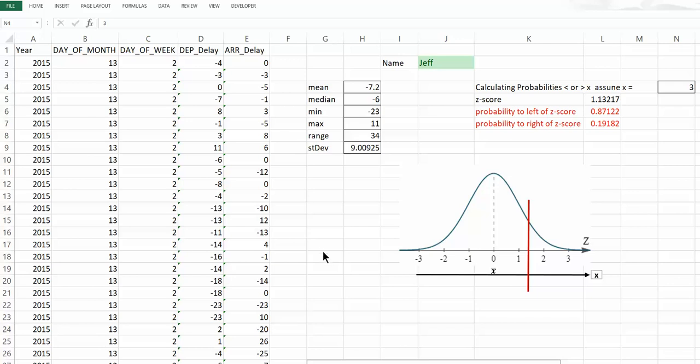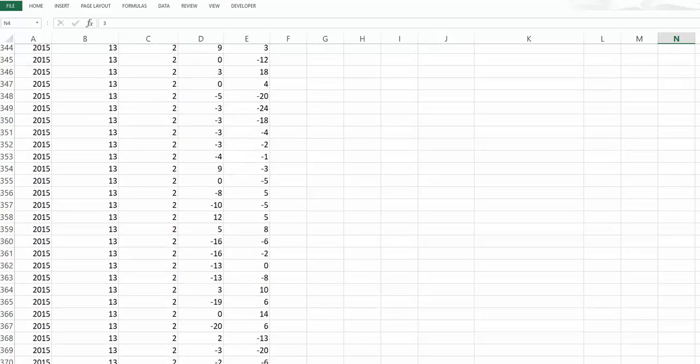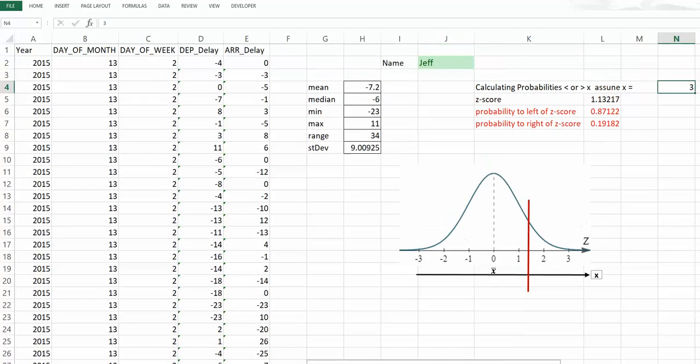Hi everyone, what I'd like to go over is the benchmark project for topic 3 and what the calculations involved in Excel are. So you're going to open Excel and you're going to see all this data. It goes all the way down. When you're looking at it, it scrolls all the way down here a long way. I'm only going to take a small portion of it to take a look at what calculations you need to